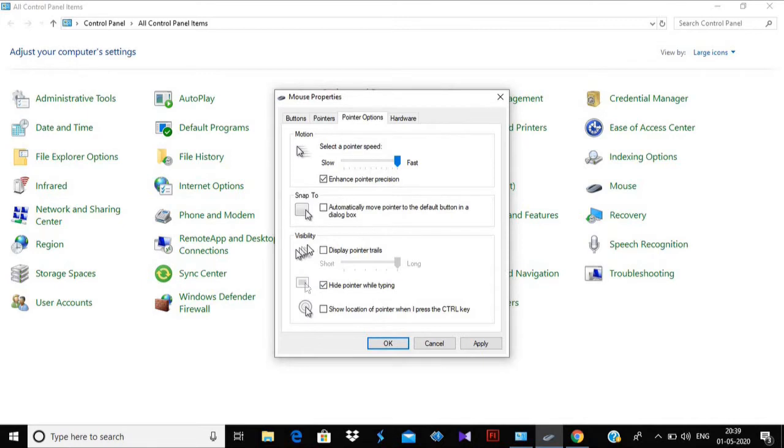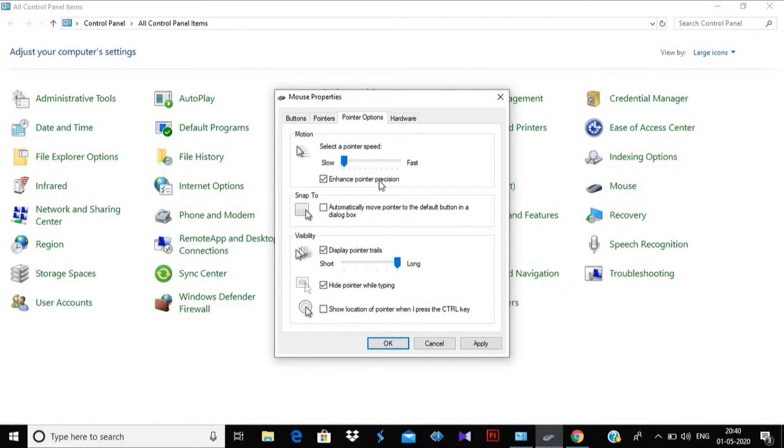Now the next one is visibility. Display pointer trail means if I move the pointer, it will look like this. If I click on apply, you can see two or three pointers at a time. For seeing it perfectly, I will take it to slow speed. See, two and three pointers at a time.